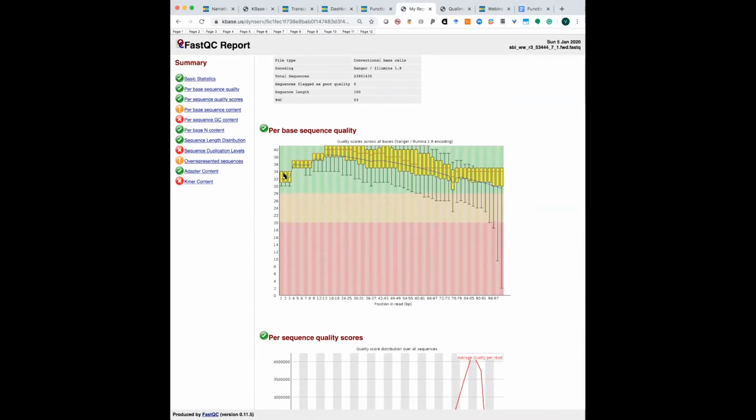If you see here, the scores are based on Phred. The red line in the middle is the median value. This is an interquartile range, so this is basically a box whisker plot: 25% to 75 percentile. The bottom line is 90 percentile, and the upper line is 10 percentile. That's your regular statistical box whisker plot that it generates. Now, you would like to have most of your reads